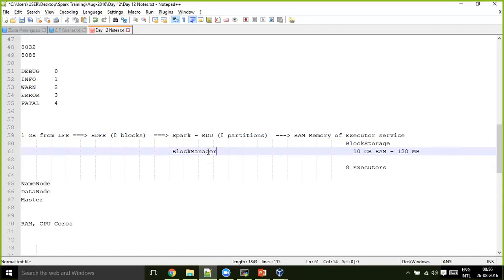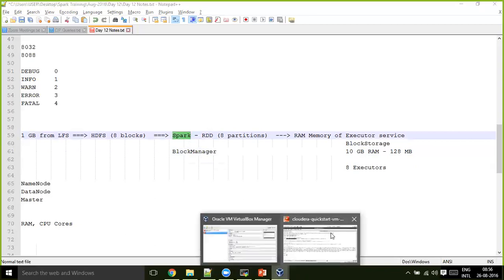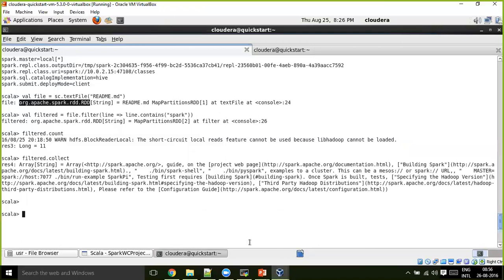Block manager is responsible from your Spark context, from your driver program. So in this case, your Spark shell itself is your driver. When you are running it in a shell, your Spark shell is your driver.